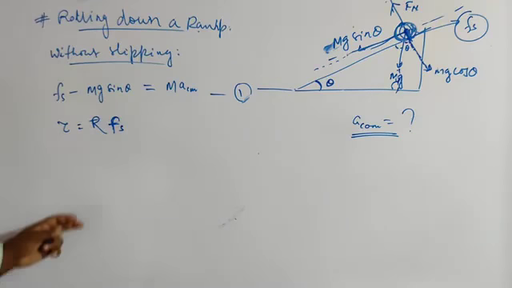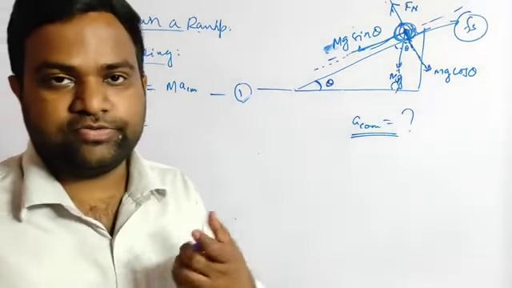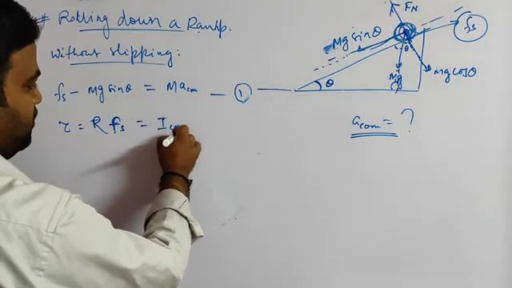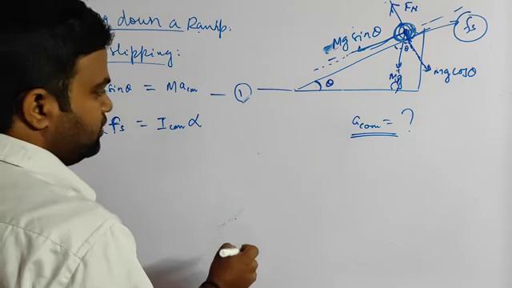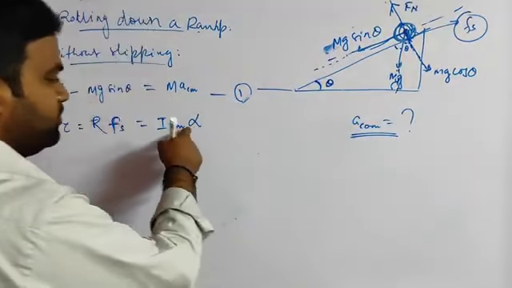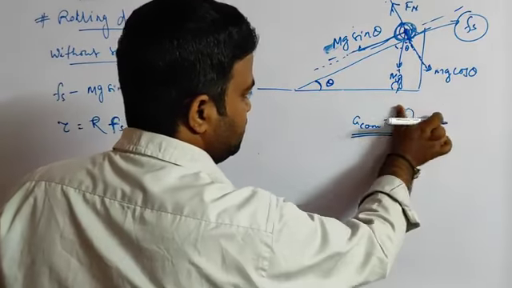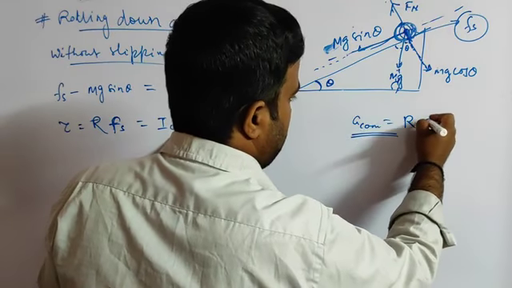Okay, so this is your torque, and this is also equal to, we can write torque in terms of your moment of inertia. You can write that this is I center of mass alpha. Alpha is the angular acceleration. This relationship we also know. Now from here we will further write, we know the relationship between alpha and your linear acceleration. So linear acceleration a center of mass we can write as r alpha, right?